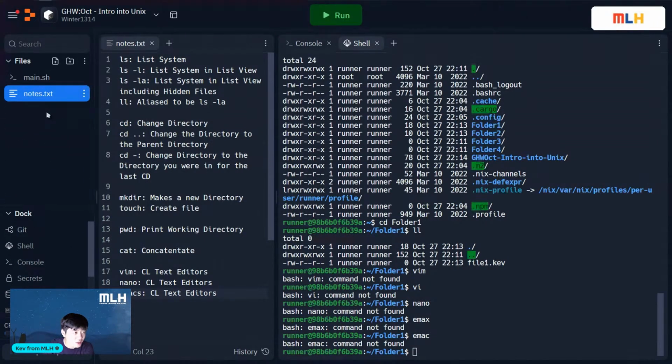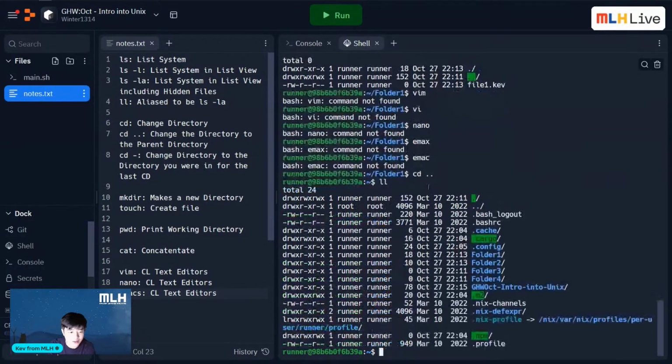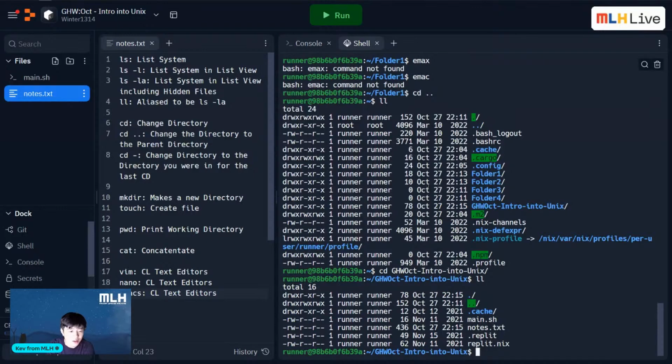sync, wait. Oh, is this a different place? Let me see. So first I'm going to do cd dot dot. I'm going to do ll. I'm going to go into global hack week and do ll. Okay, yeah, okay. So this is located inside global hack week is what this file system shows us, which